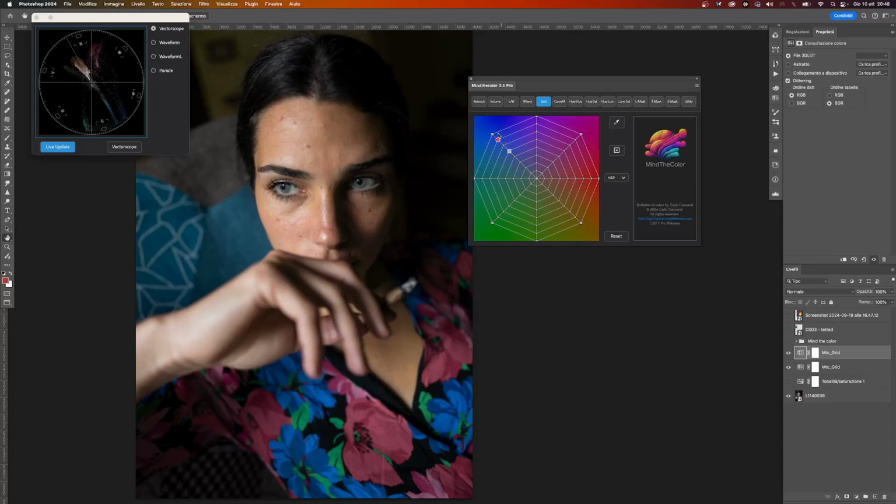I want to bring them towards the center to make them less saturated, and also I want to give a slight change to the hue. I want to bring this purplish hue towards the cyan a little bit more. So I bring these 2 points here towards the center and a little bit down. Okay, so now before and after, these 2 points are more similar. These blue flowers are more similar to this blue of the sofa.